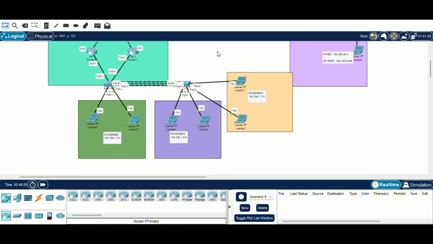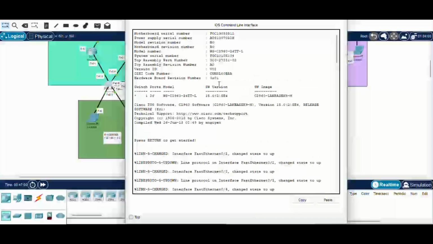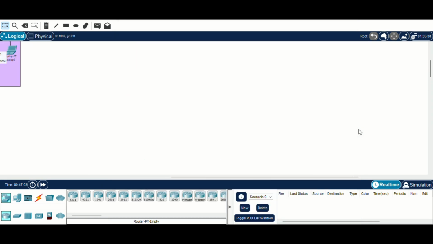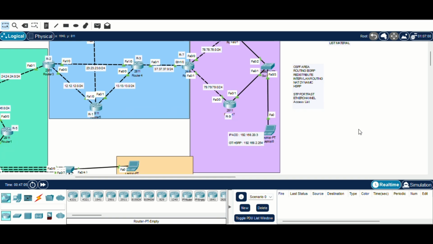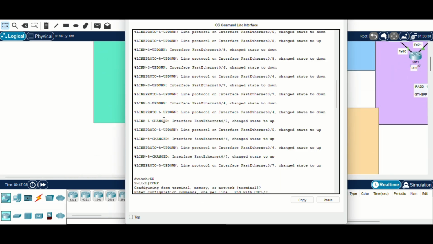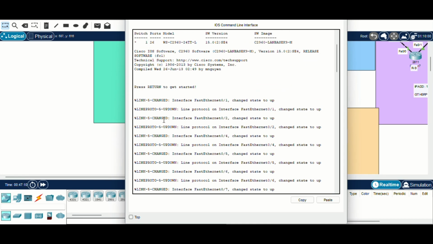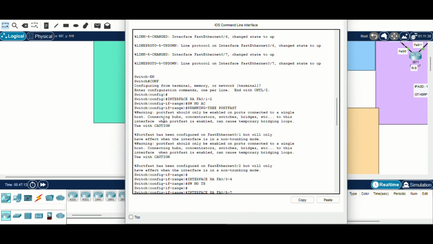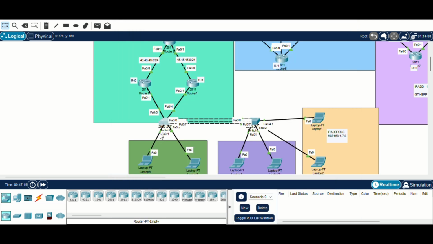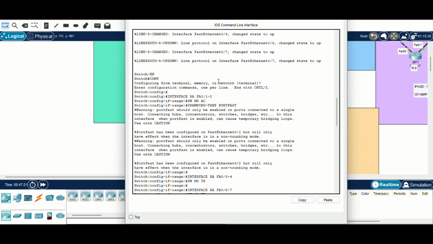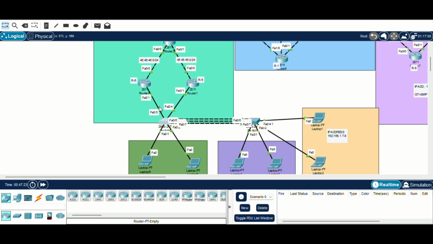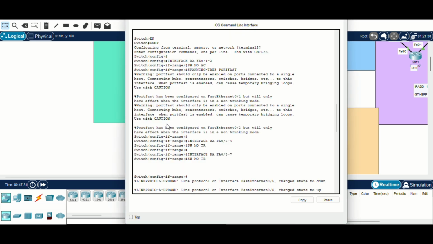Okay, first we go to the switch. For now, this is the material for the switch. You can make switch mode access to FastEthernet 1 and 2 with portfast, and then for interfaces 3 and 4, port mode trunk. Likewise for interfaces 5 until 7, port mode trunk but using